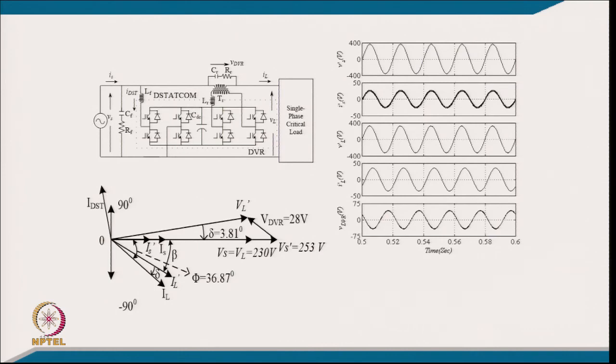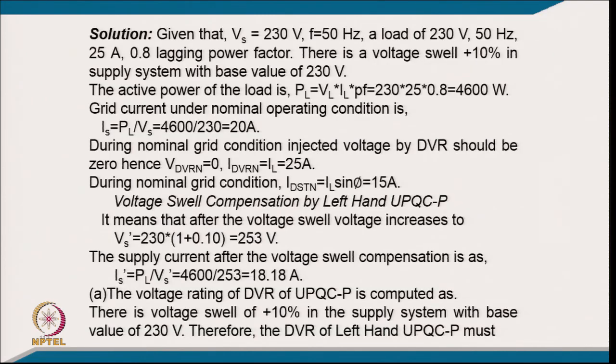Yeah, it is a left hand UPQC. So, the D-STATCOM is put on the grid side and the DVR is put on the load side. This is typically the phasor diagram corresponding to this condition, and this is typically the waveform after getting the complete model and solving that. So, coming to the numerical portion of it, given that Vs equal to 230 volt, 50 hertz,